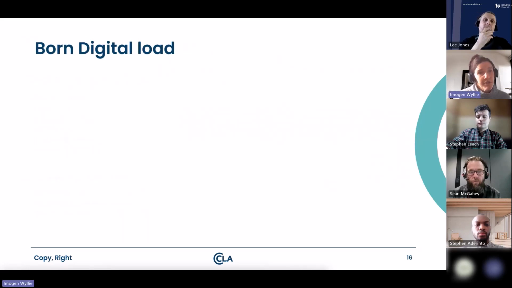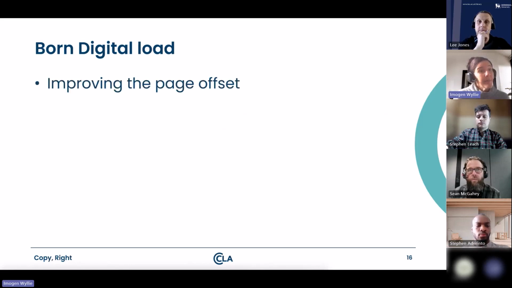We're also going to do a born digital load. Whether that is made live at the same time or there's a slight difference, I'm not entirely sure yet. We'll work through that as we go. But this born digital work is going to improve the page offset. So with the large load that we did in the autumn, about 130,000 titles, there were quite a few that were loaded with no page offset. So the page offset, sorry, is where